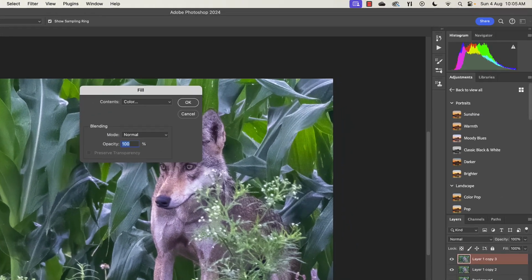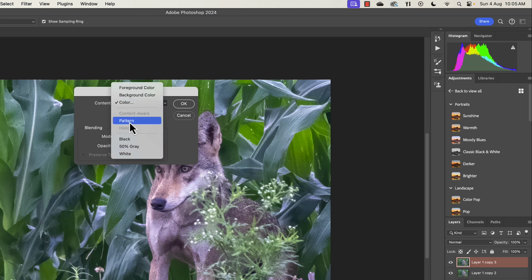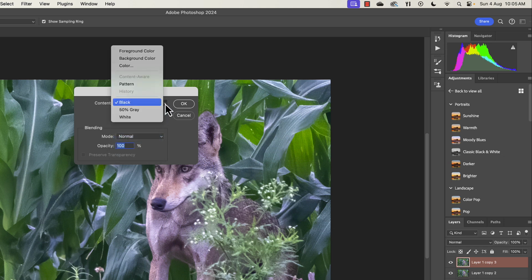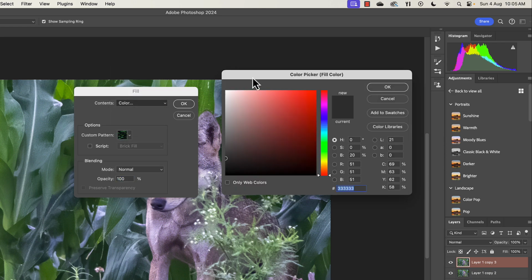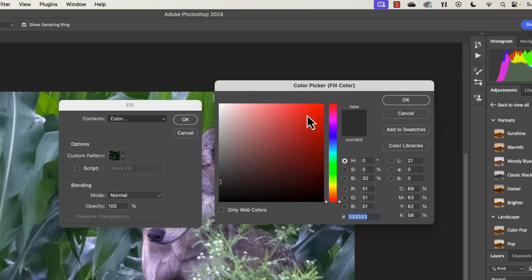Fill, and we have a few options like black, patterns, but we are going to choose color. So click on it, and when you choose color, you get this color picker. Now these values here are of importance to you. Leave the H at 0, S at 0 and RGB at 51, 51, 51 or whatever values you get